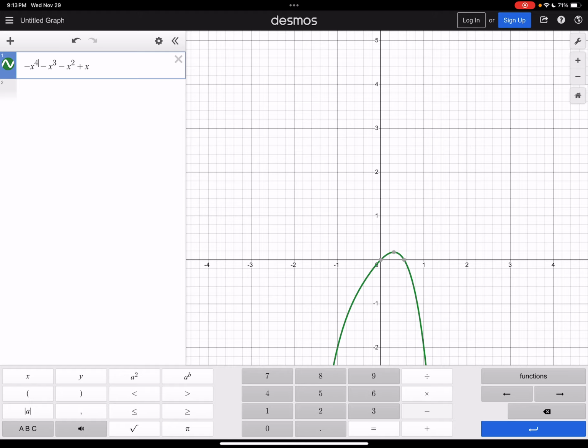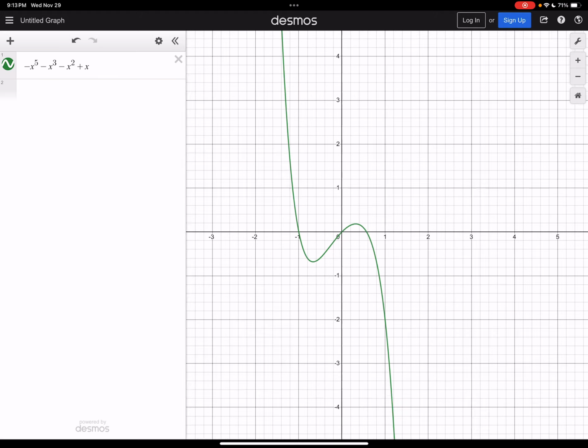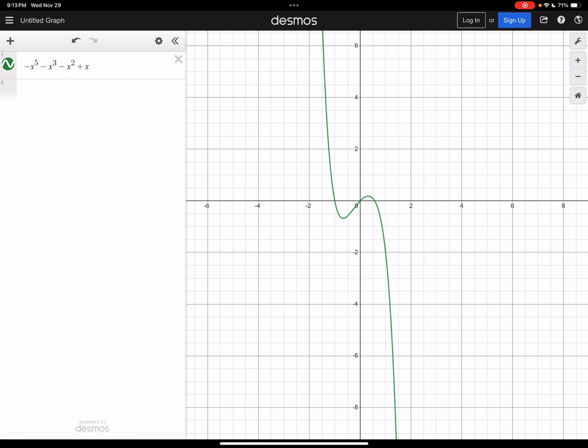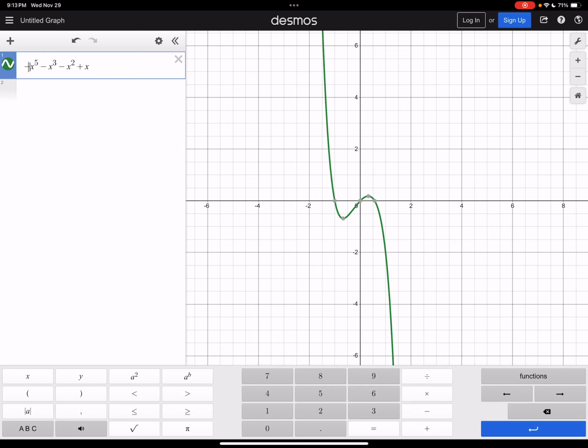Now change this back to 5, right? So you'll notice the left side goes up and the right side goes down when it's negative. If it's positive, that's inverted, right? You see the difference. Okay. Anyway,